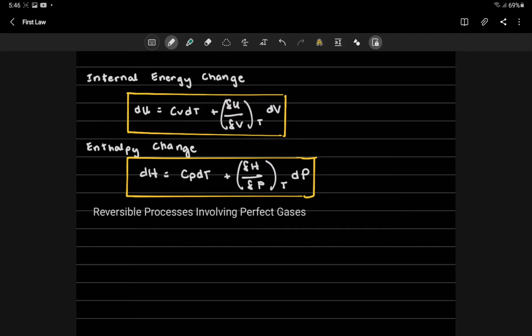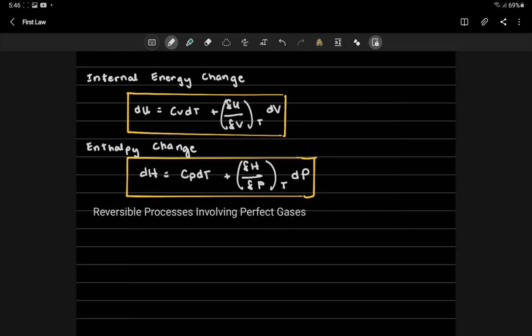I showed from the previous video lectures how to obtain the expression for calculating the internal energy change and the enthalpy change, which you are seeing right now on the screen. So you have dU and dH. And for perfect gases, yung second term ng parehong equation na nakikita ninyo will be approximately equal to 0. So that to get delta U or delta H, you have to integrate lang yung first term, which is yung